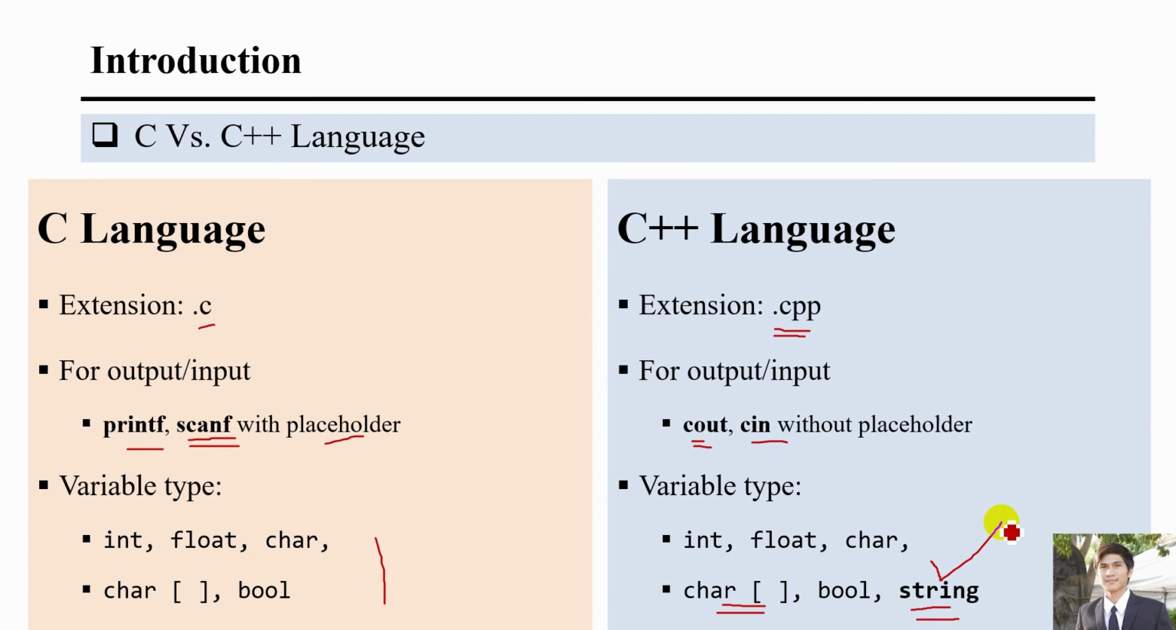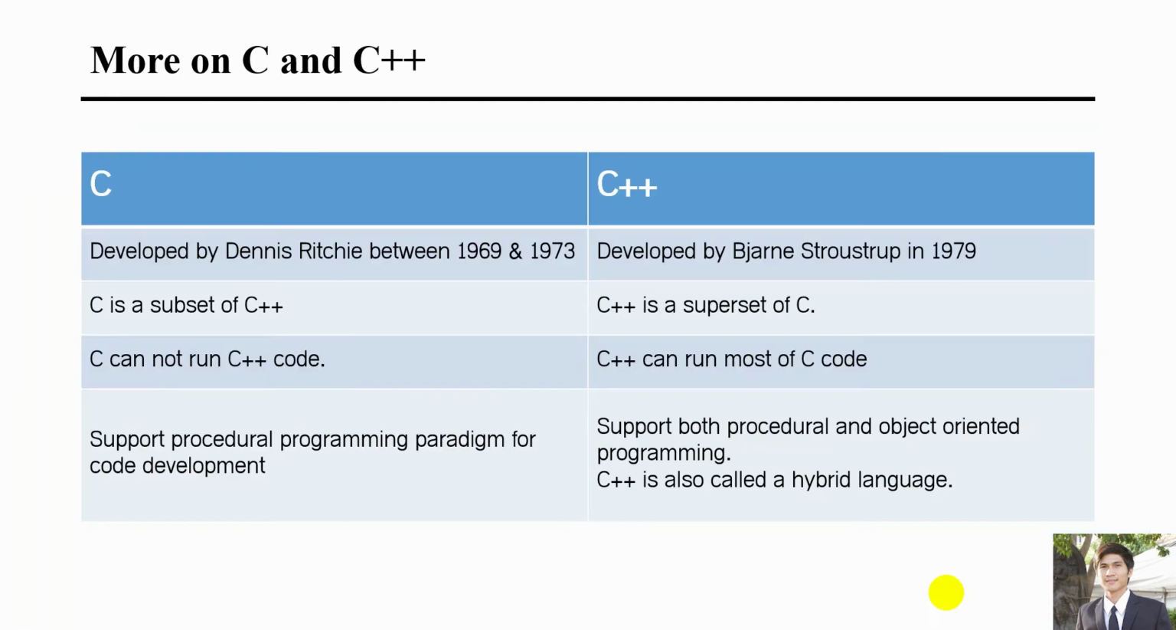Because with an array of characters, you cannot assign a value to it directly. You need to use commands like strcat or strcpy in order to set a value to the variable that is of type char array, or array of characters. But for string, you can assign a string value directly to that variable. It's very easy. So, comparing C and C++,